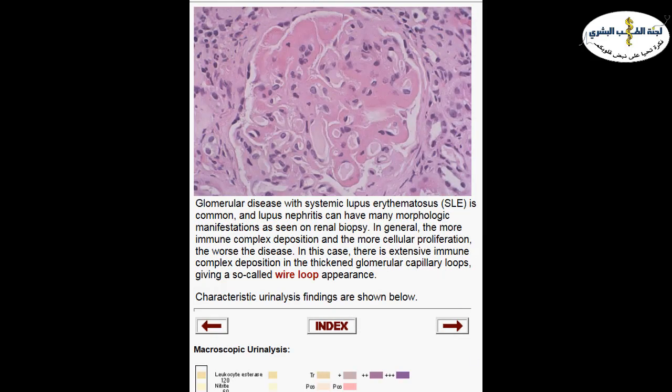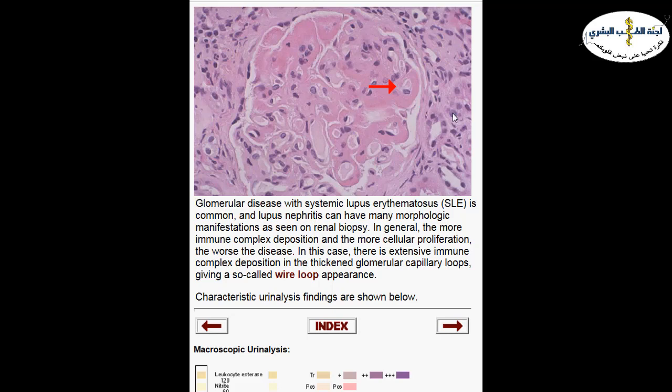Now shortly we are going to talk about lupus nephritis. We call it lupus nephritis because it occurs in SLE patients, systemic lupus erythematosus patients. They frequently have complications and glomerulopathies that lead mostly to nephritic syndrome. So they have features of hypertension, hematuria, some level of proteinuria. And in lupus nephritis, we have immune complex deposits along the capillary loops, and they give this massive thickening of the capillary loops, so that the capillary loops resemble a wire. That's why we call them wire looping. So we have wire loops in lupus nephritis.